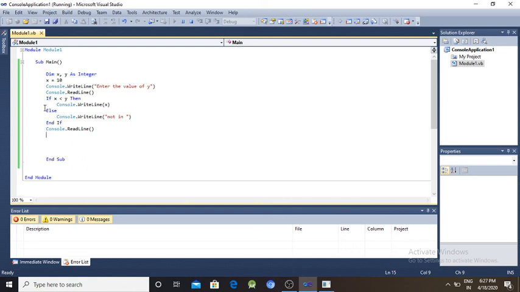The program is to find the largest using the if else condition.